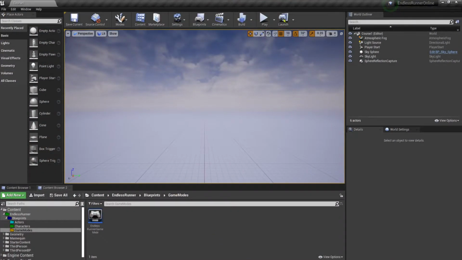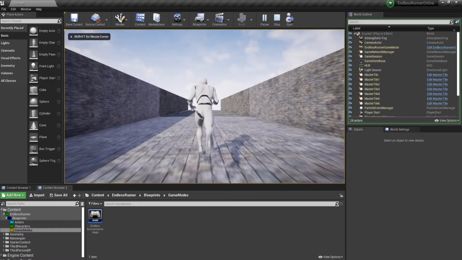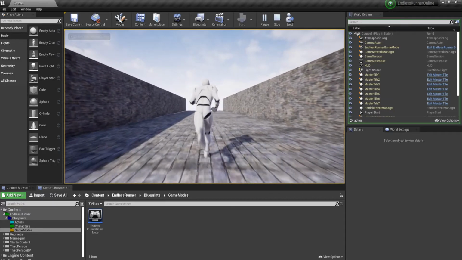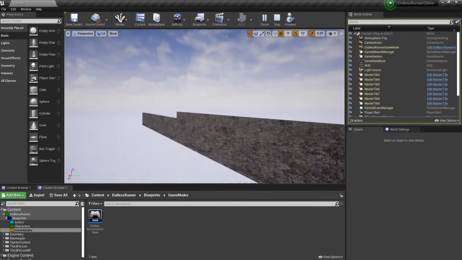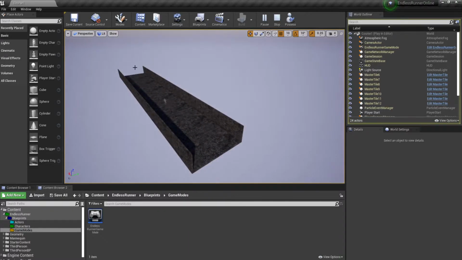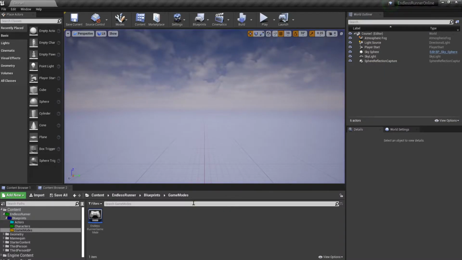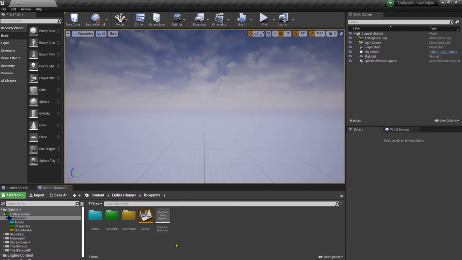So last video we left off, we had got our course spawning, so our character's running down and our course is spawning behind us. I'm going to press F8 to kind of jump out of here, and we can see how our course is generating new tiles in front and destroying the ones behind us. So that's where we're at right now. So we're going to go ahead and jump back in here, and we're going to create a couple more